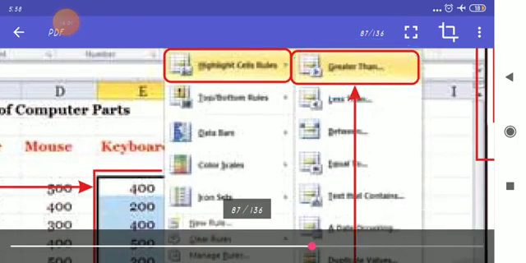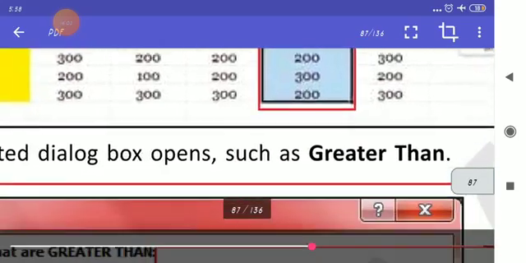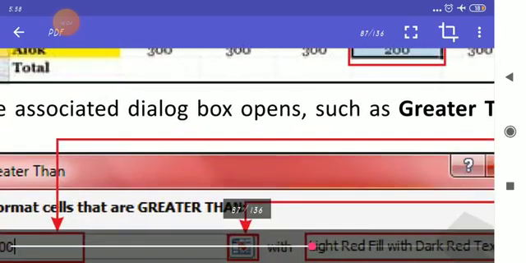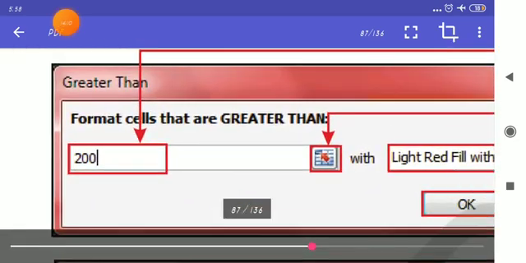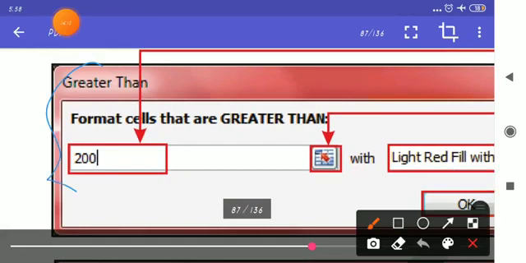When you select this greater than option, a dialog box opens. So here you can see a dialog box, greater than 200, it is written, and with light red fill. The color will be light red. So the numbers which are greater than 200, their color will change to light red.